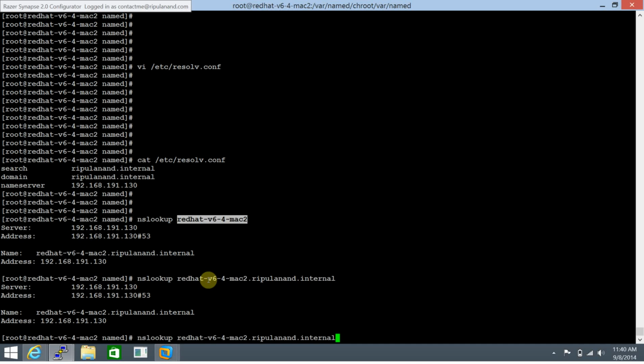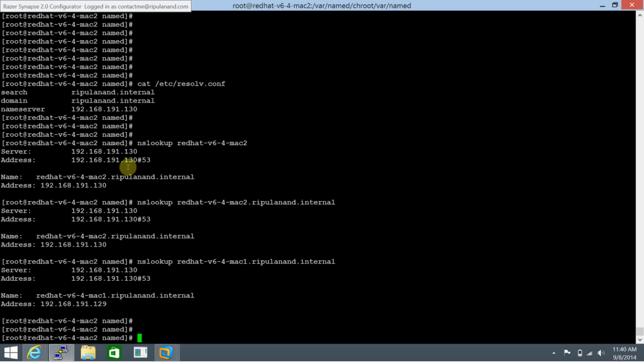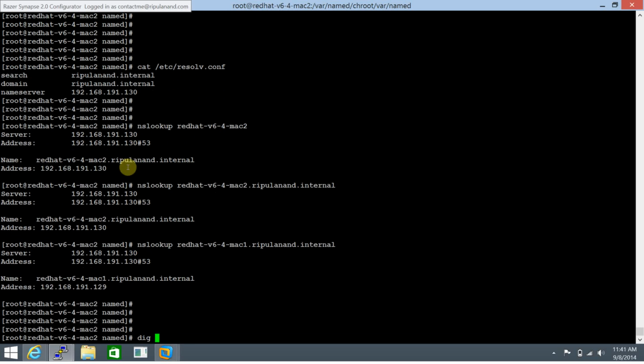So let's cross check with Mac 1. It's 130. And it returns the address here 129, and you see the server that returned the address is 192.168.191.130. The address has been returned as 192.168.191.129. So this looks good, and we can just run a dig at localhost to have a look at the